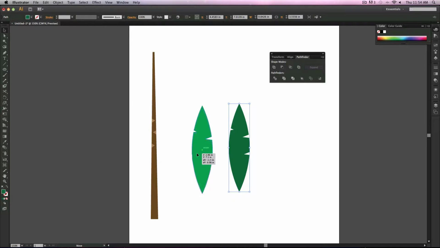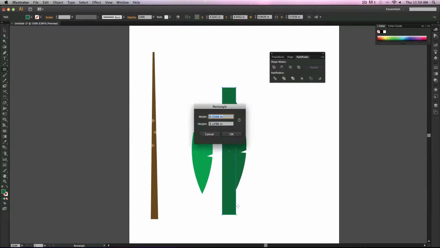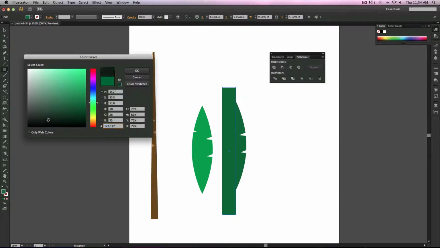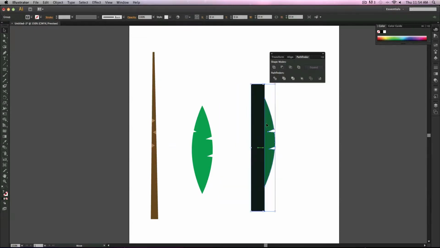And I'm going to lay it on top and look at it, and I think I'm going to use a shape as a cookie cutter. So I'm going to cut this in half. This is going to be a very tricky move, but if you guys played with your Pathfinder, you should know exactly what I'm going to do here. So now that I have this, I can use that as a cookie cutter and just say trim, and now